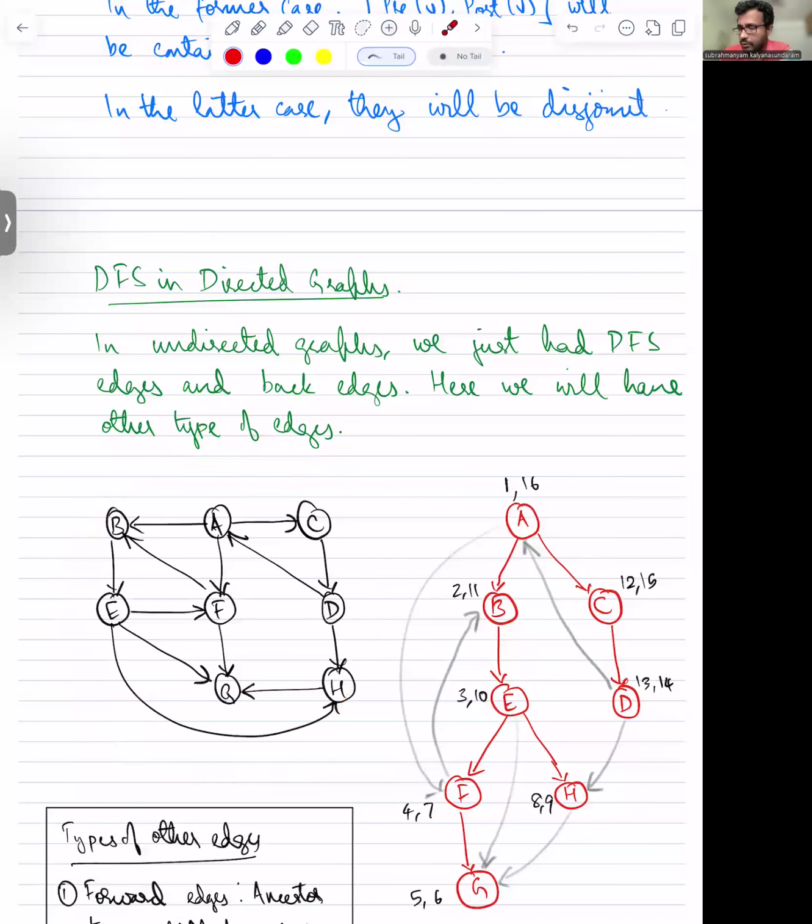So you start from A. Then you see B is an out neighbor, so you go to B. You can also follow the pre numbers 1 and 2 for A and B respectively. And from B you see E. So you come here, and you assign a pre number of 3. Now from E you see F and G. F is alphabetically earlier, so you go to